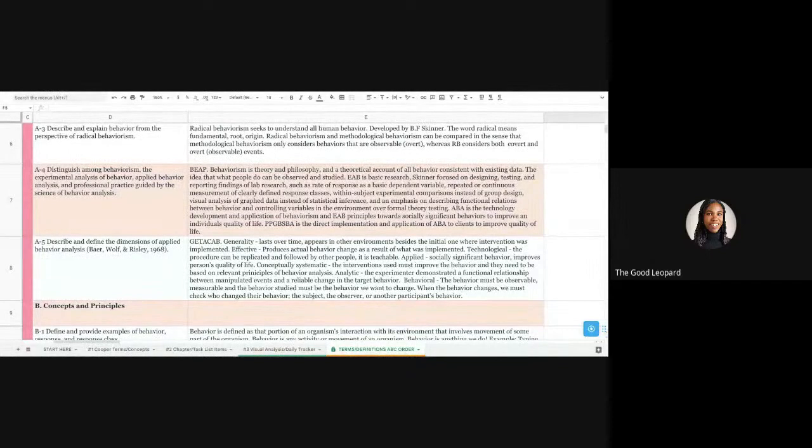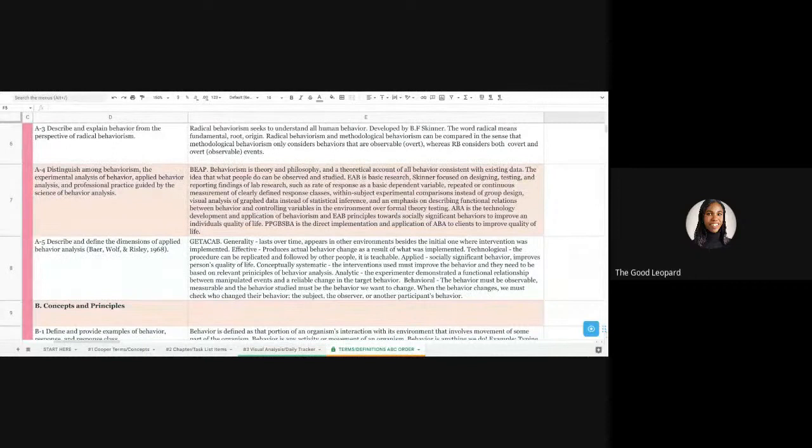This is the direct implementation and application. So sometimes as the ABA therapist, as the BCBA, we're going to be doing the professional practice and the implementation. Some people do, some people don't. So don't think just because you have a BCBA, you won't be doing direct implementation, because a lot of people do. Some people choose not to, but still, whenever you're directly implementing, you're doing professional practice.